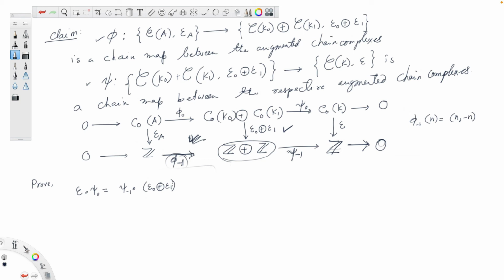This is what one needs to prove. Indeed, for C0 belonging to the group of zero chains on K0, and C1 belonging to the group of zero chains on K1, one has